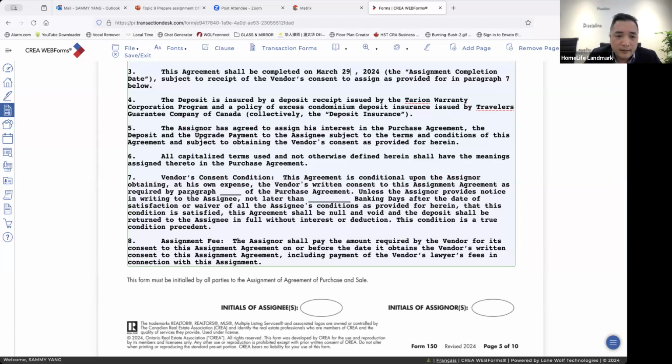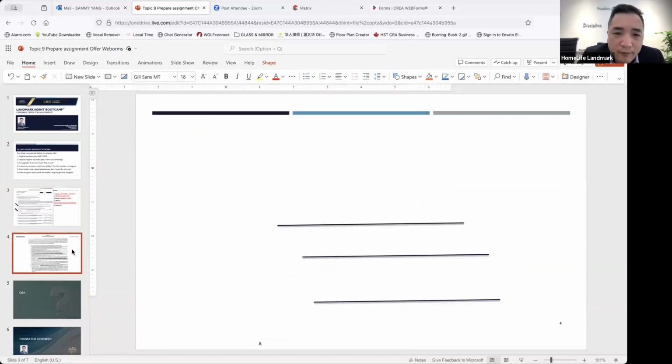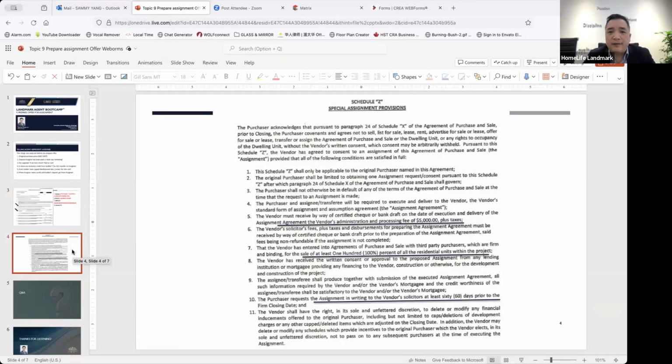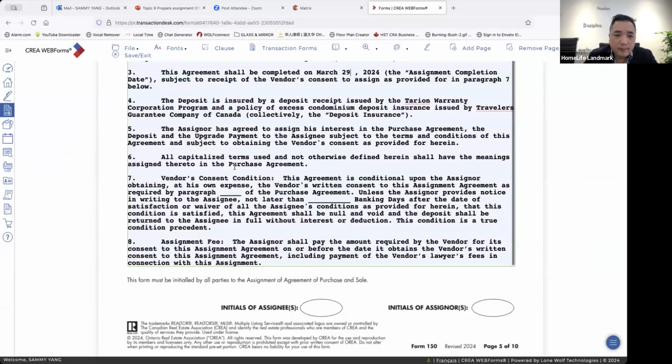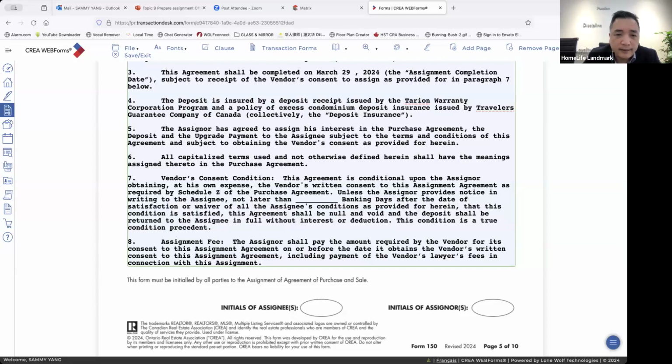And they said the paragraph, because we checked the previous APS, we cannot find an assignment clause. However, we find that Schedule Z is the assignment clause. So we will put here the paragraph, we change it to Schedule Z of the purchase agreement. And no later than,